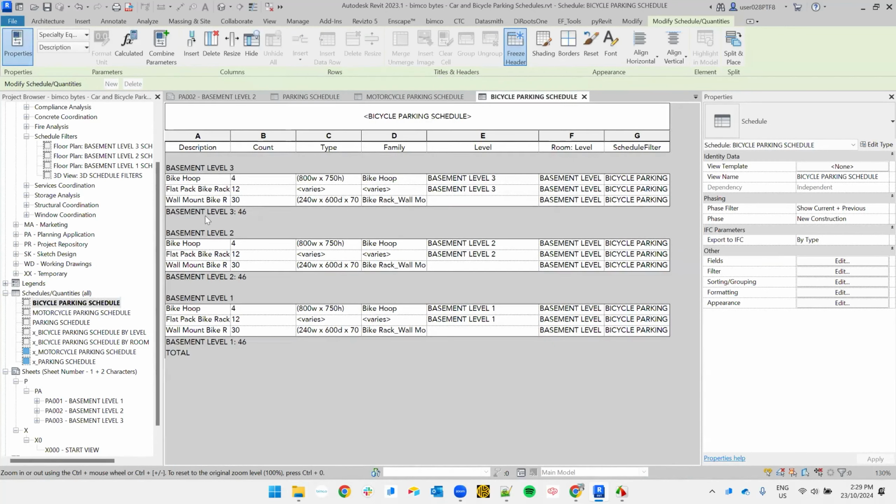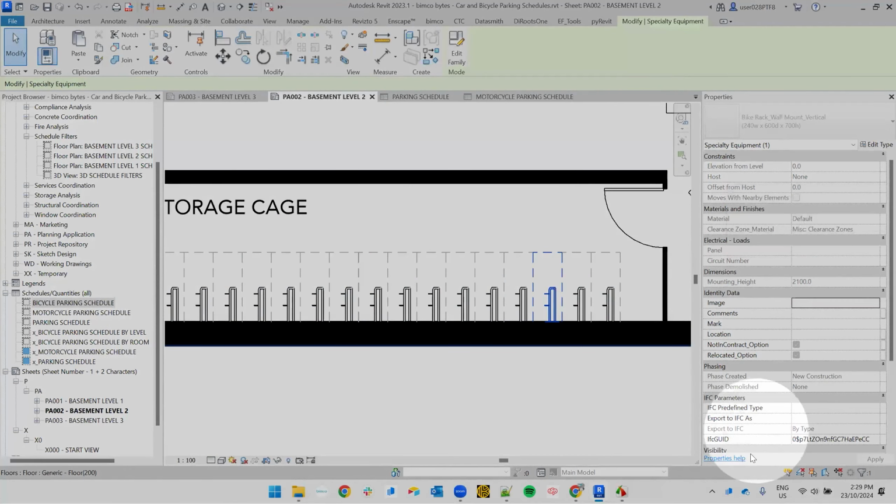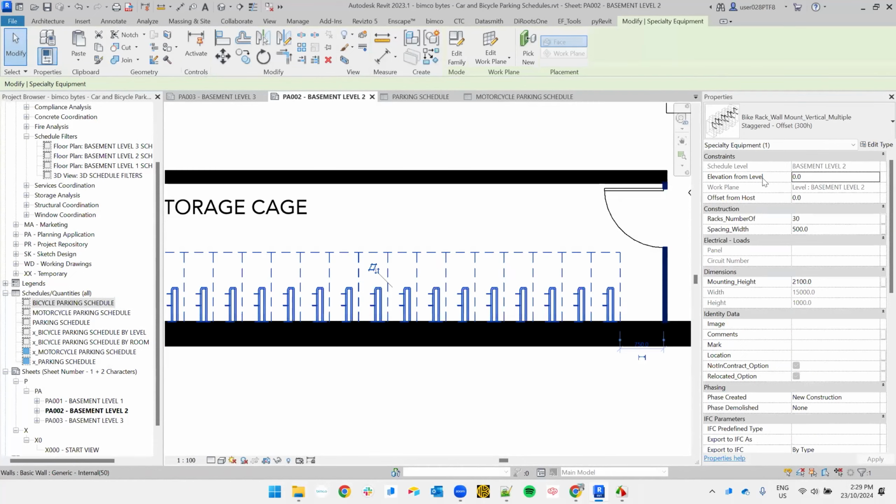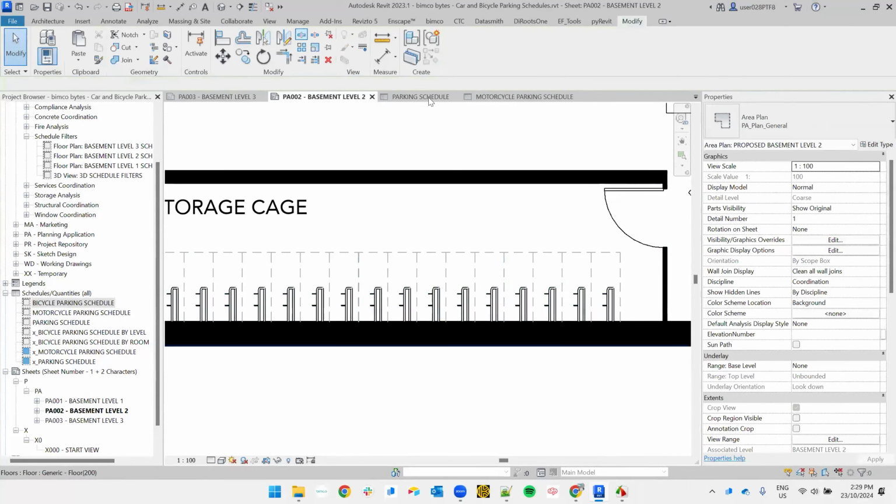Okay, so now one of the things with the level is that what you'll find is nested elements struggle to find what level they're on. So if I click this, it actually doesn't have a level. So I'm down in the nested component. But if I click the host, it does have a level. So that's why we need to use the room level. So that's how we get around